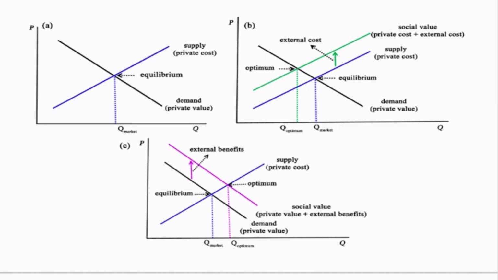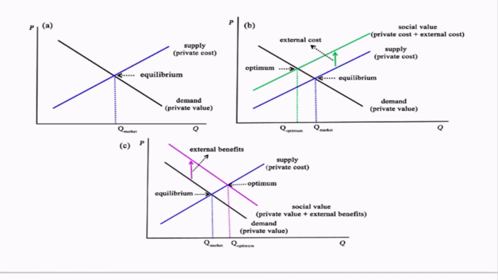By private cost, we do not consider the social or environmental implications of the supply, and by private benefit, we do not consider the social or environmental benefits or costs. So wherever this supply and demand curve meet, considering only the private cost and private benefit, that is the point of equilibrium. At that equilibrium,